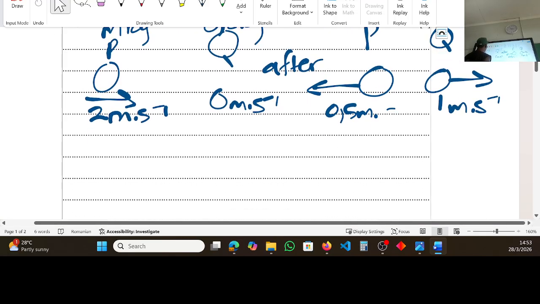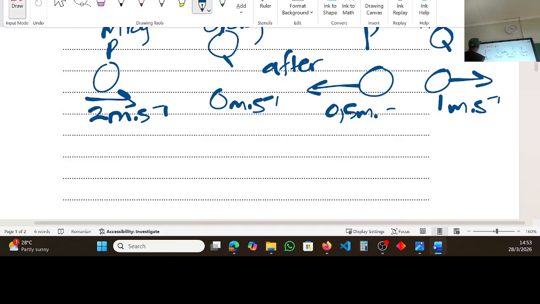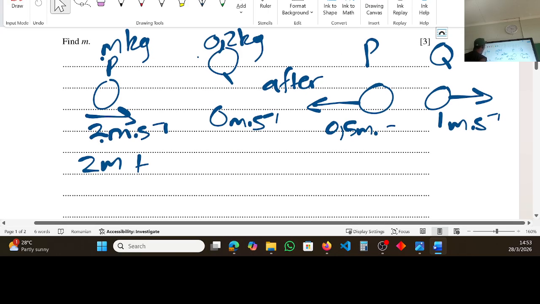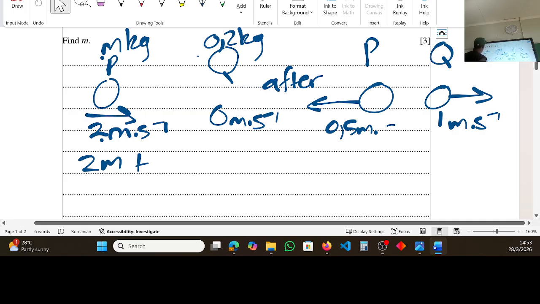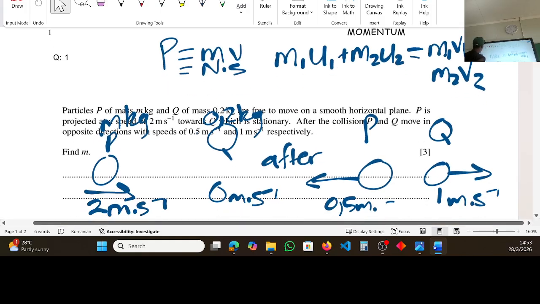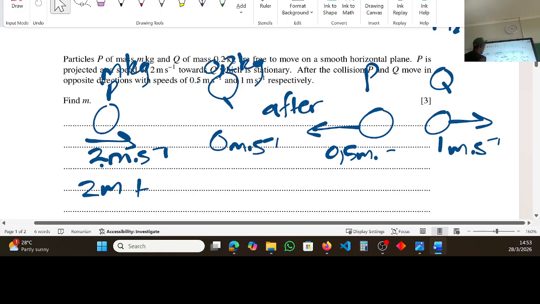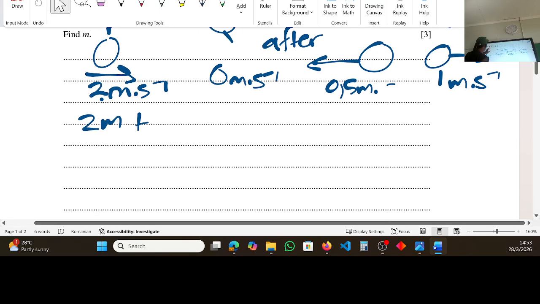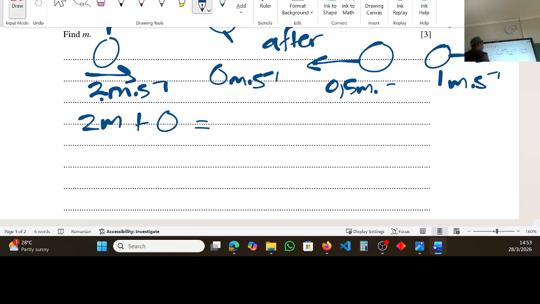We'll try and use our conservation equation to say before collision, we have got 2 multiplied by m, because that's our velocity. So it gives us 2m plus there is going to be 0, because we're multiplying this mass by 0. That's 0.2 by 0. So it will give us definitely a 0 there, equal to,